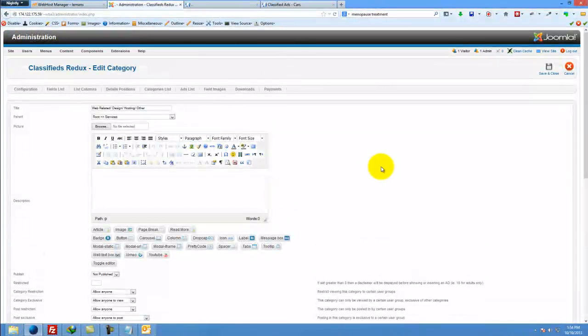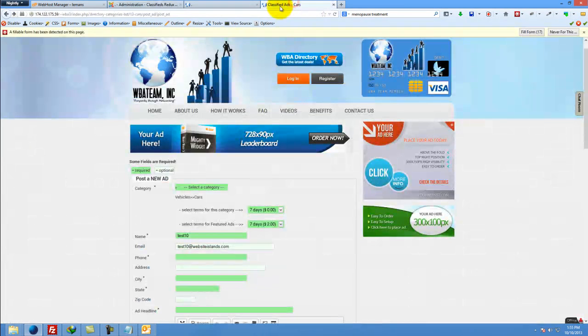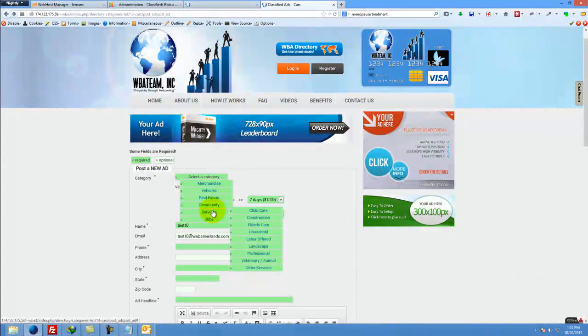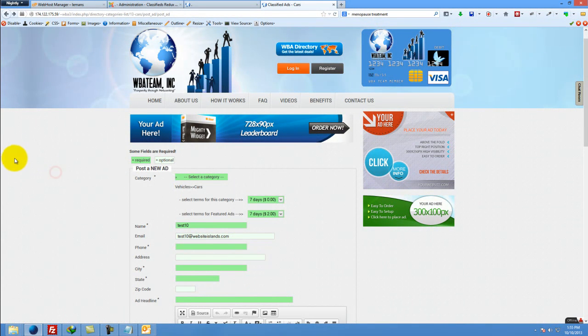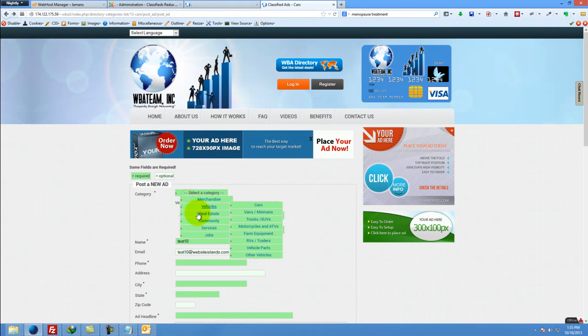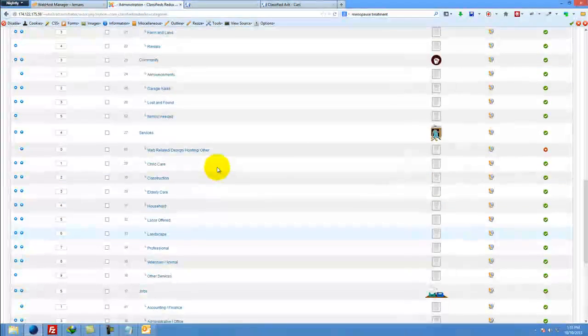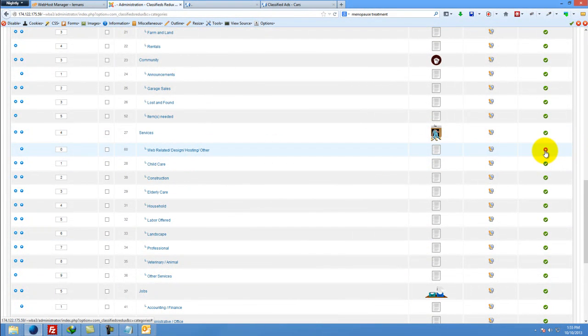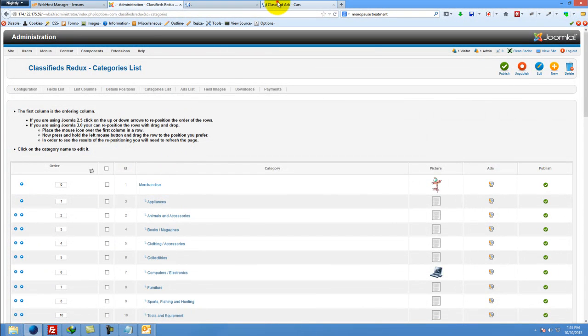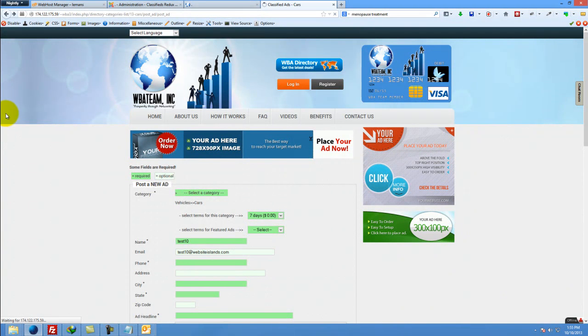Okay, so once we're done setting up those settings for the category, we can click Save. Now we can go back and refresh this and select Services. Hold on, we might need to refresh the browser there. Oh, maybe it's not published yet. One second. Okay. So here it is. It's not published, so we're going to click this to publish it. And we could just click on this if we wanted to edit it. And we're going to refresh now and